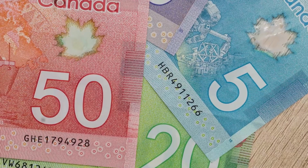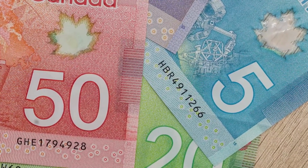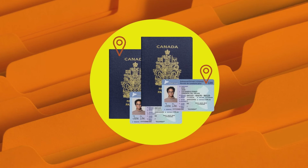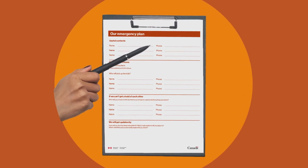It may also be difficult to get cash from banks. If possible, have enough to cover your basic needs for a few weeks. Lastly, keep copies of important documents like birth certificates, wills, passports, and insurance policies in your kit. Remember to include a copy of your emergency plan plus contact information for friends and family who may be able